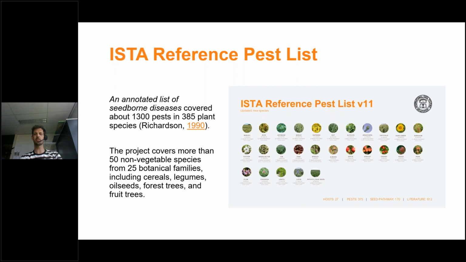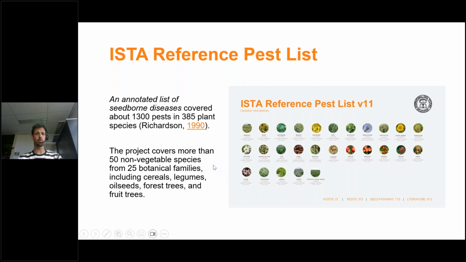But since no updates were done after 1990, the initiative started 5 or 6 years ago by ISTA to create a reference pest list, updating the findings of Richardson with reviewing articles. This is done for non-vegetable species, since the vegetable reference pest list is organized via ISF, and in agreement